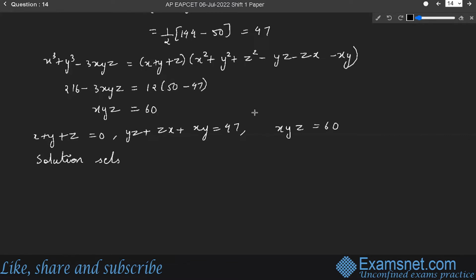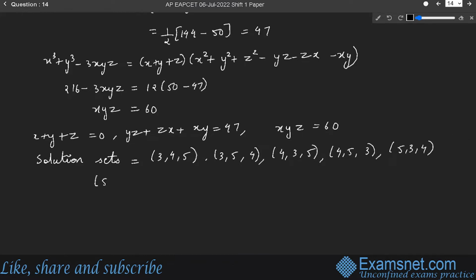So solution sets for this case will be 3, 4, 5; 3, 5, 4; 4, 3, 5; 4, 5, 3; 5, 3, 4; and 5, 4, 3. Now, here